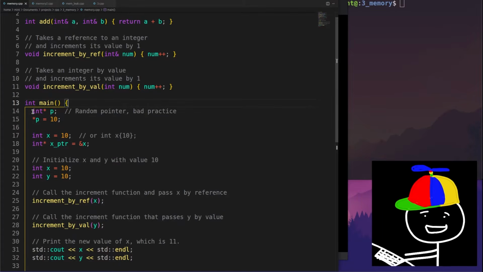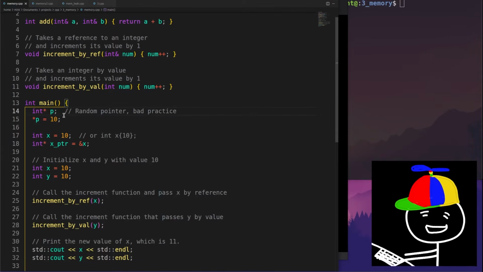So for the first thing, in the last video, I tried to declare, basically create, a pointer variable with this syntax, which was a type with the pointer star, and I'm calling this pointer p. But actually what's happening behind the scenes is this is telling the compiler or the program to just grab any random piece of memory.